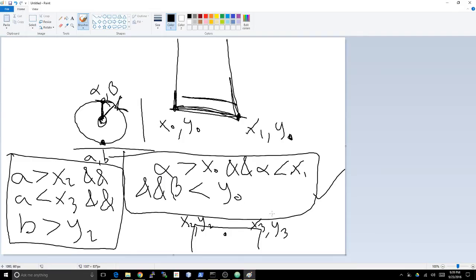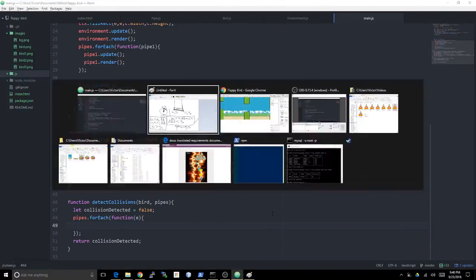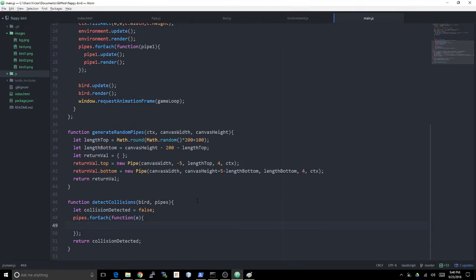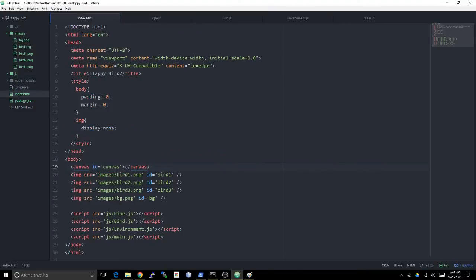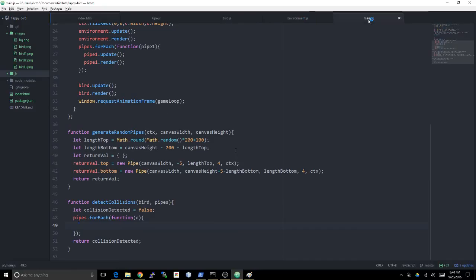This is where allocation would have come in handy for the pipes. Like if I had a string in there somewhere saying that this is the type of pipe, high pipe or low pipe, that would come in handy. But I guess I can detect that by just saying